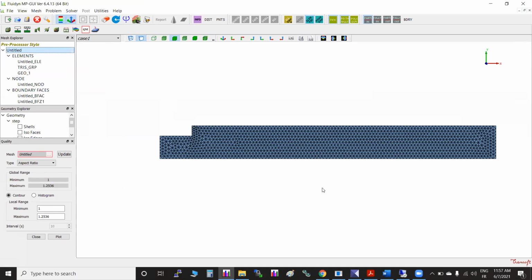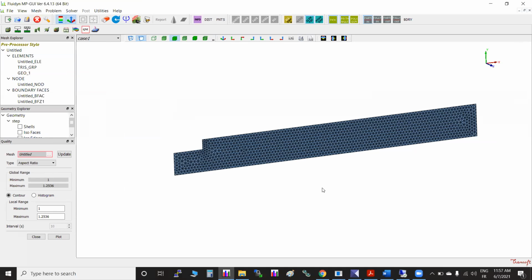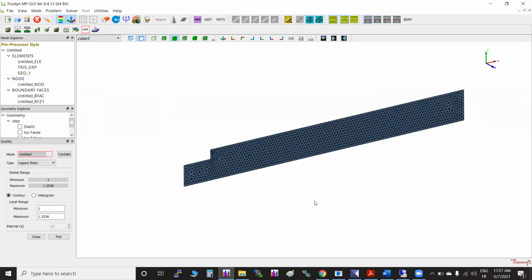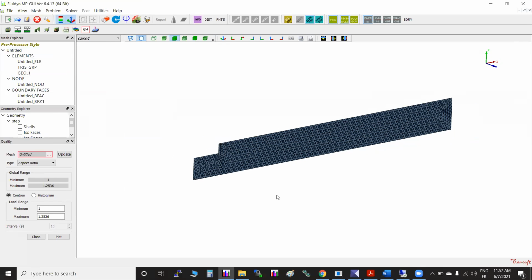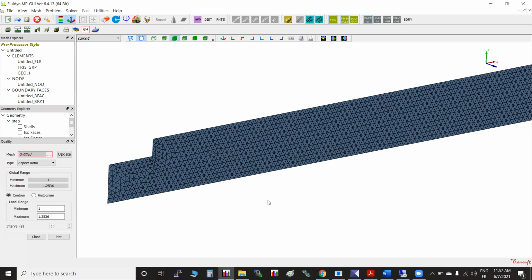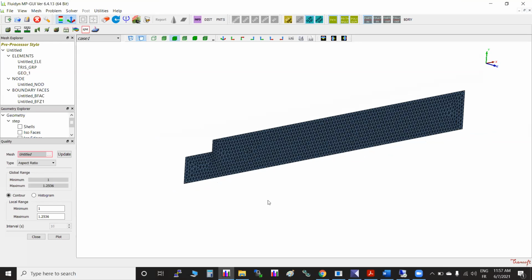So okay, this is our first mesh, a simple quick mesh, and this is not a structured mesh, it is an unstructured mesh. We don't have any control, and it is like that. Can we generate a 3D from this? Can we generate a 2D? What is 2D? In 2D there are two types: one is planar 2D, another is axisymmetric.